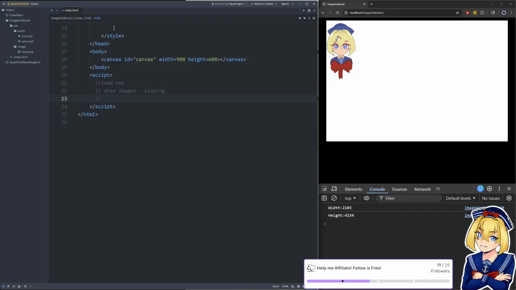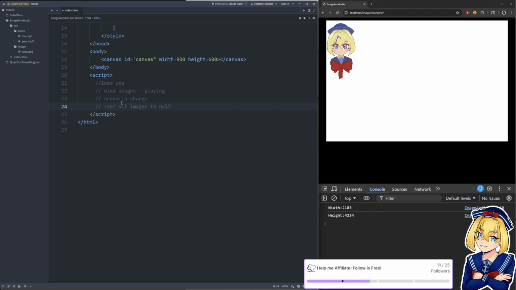Then you need a scenario change, and during this scenario change you want to set all images to null or something like that, to try and remove the references to the images you've already loaded.